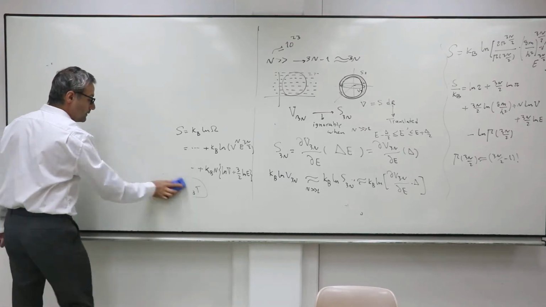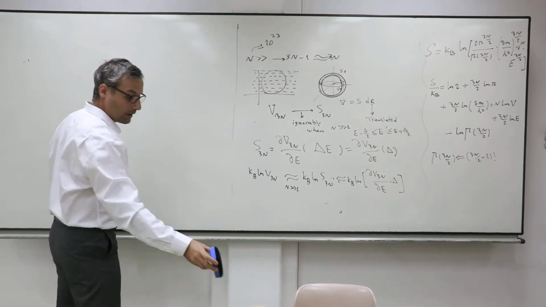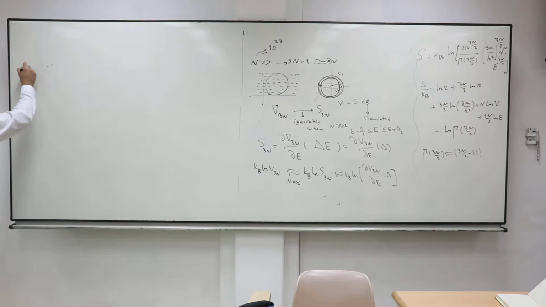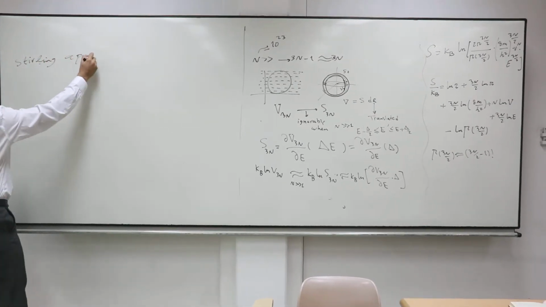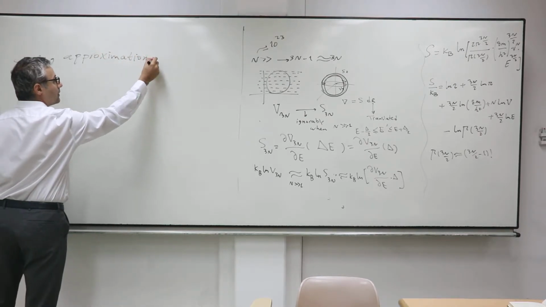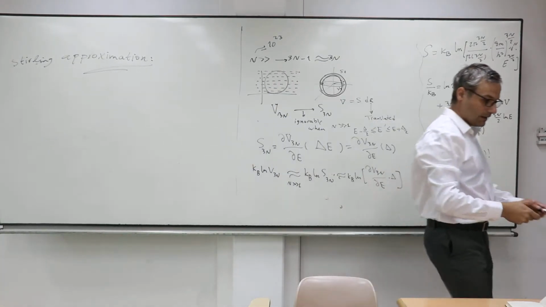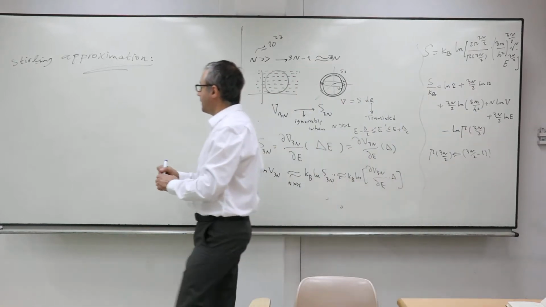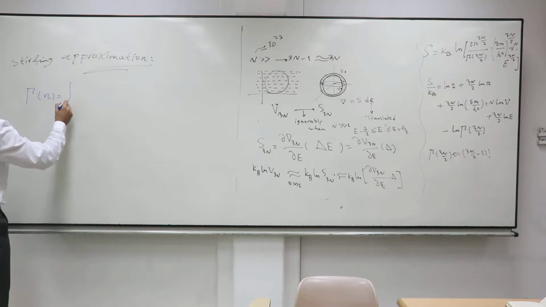So to do that, we use the Stirling approximation. This is something about the gamma function. Stirling approximation gives you the approximated value of the gamma. So you know that the gamma n,